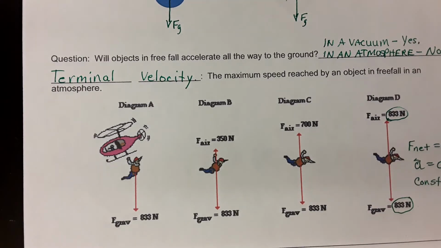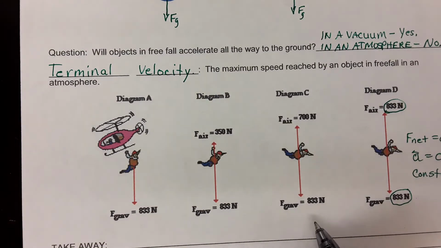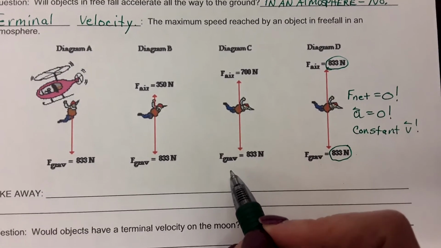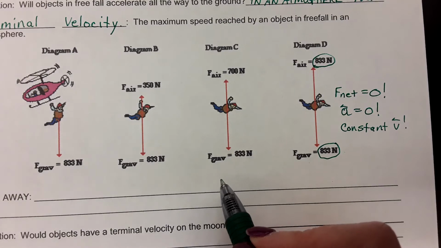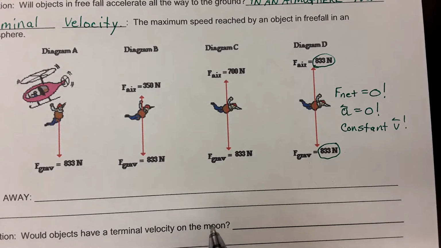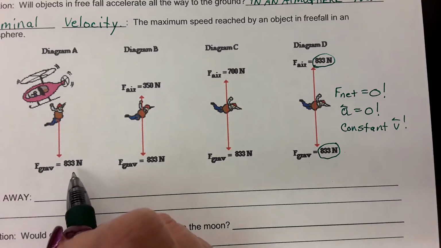All right, now what about objects with different gravities, with different weights? Think about the bowling ball and the marble. Both of those are spheres, which means they're fairly aerodynamic. But would they have the same terminal velocity? Well, think about this. The weight or gravity of the bowling ball is much bigger than the weight or gravity